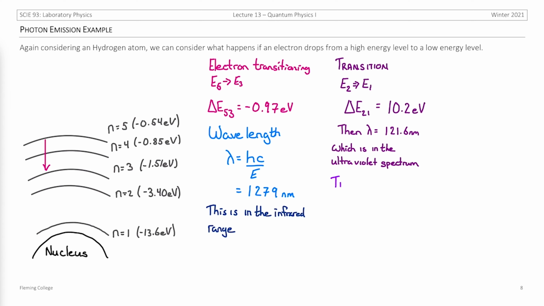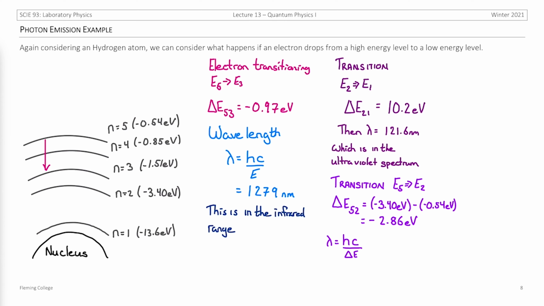Let's look at a transition that's actually going to have an emission in the visible range. Let's go back to the 5th level, and this time let's drop all the way down to the 2nd level. So we do our calculation. We see that we have a change in energy of 2.86 electron volts. We use our rearranged Planck's equation to say that the wavelength is equal to h times c divided by the magnitude of the change in energy. A negative wavelength just wouldn't make sense here. So we input our constants for Planck's constant and speed of light. We divide by our change in energy magnitude, and we divide by our conversion value from our unit factor. And we get an answer of